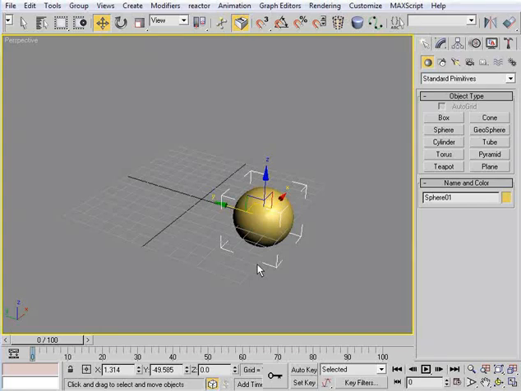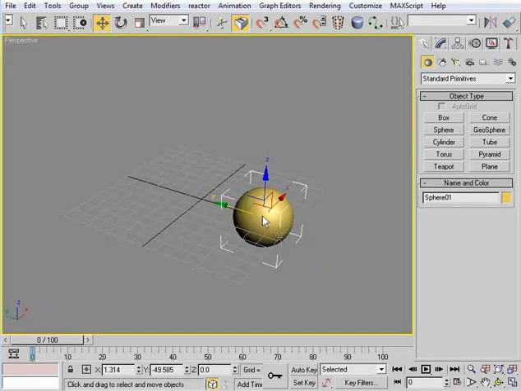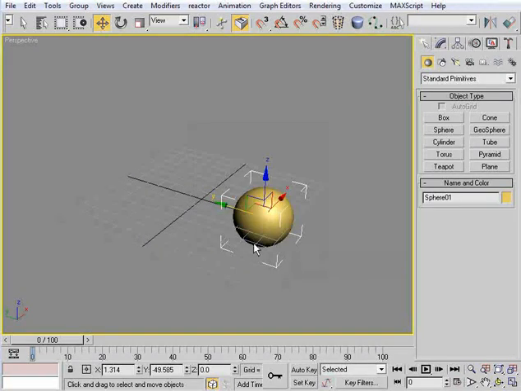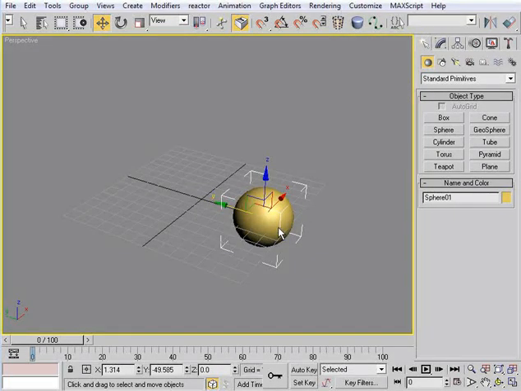So like we talked about in the last video, one way to copy is to hold shift and move our object on an axis. So we can do that and we get our clone options. We can also right click on it and go clone and we get our clone options. And as we saw, we have a couple of ways that we can clone an object. The two important ones that I want you to be first familiar with,